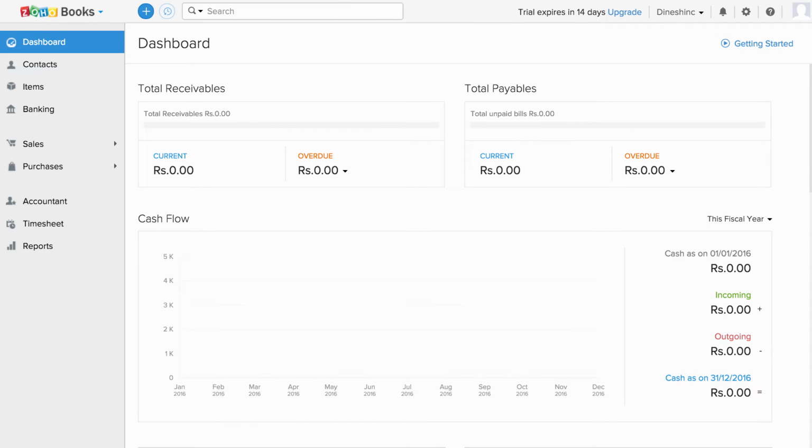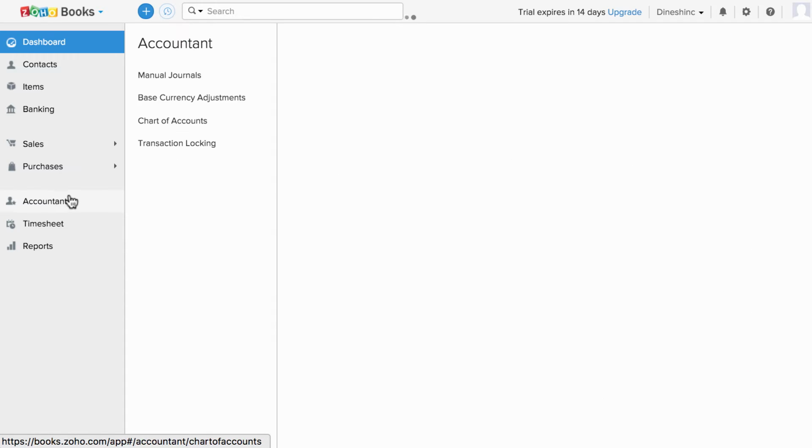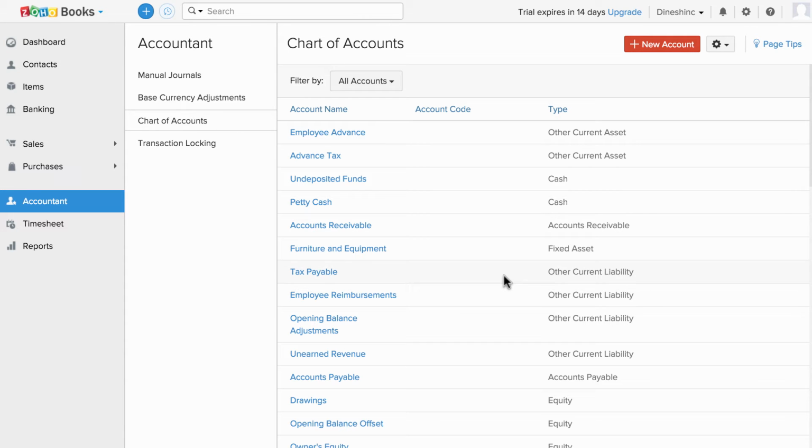Now, let us first add the list of accounts you'll be using for your business. The chart of accounts is a list of all accounts used in a general ledger of an organization. The chart is used by the accounting software to aggregate information into an entity's financial statements. To begin, let's click on this Accountant tab and you will have chart of account list and we have predefined